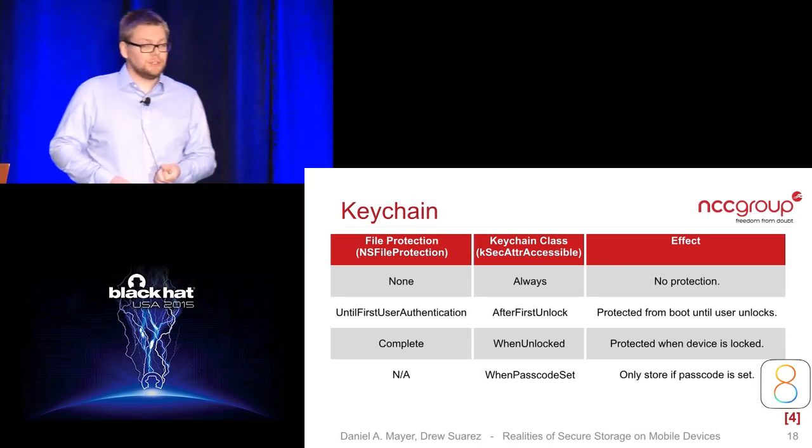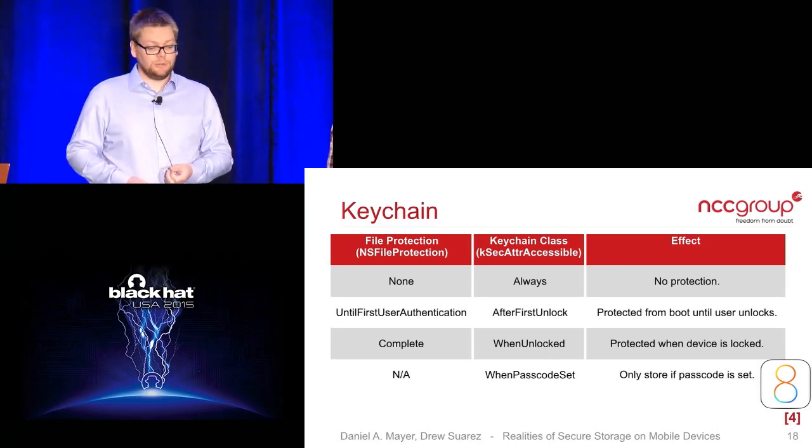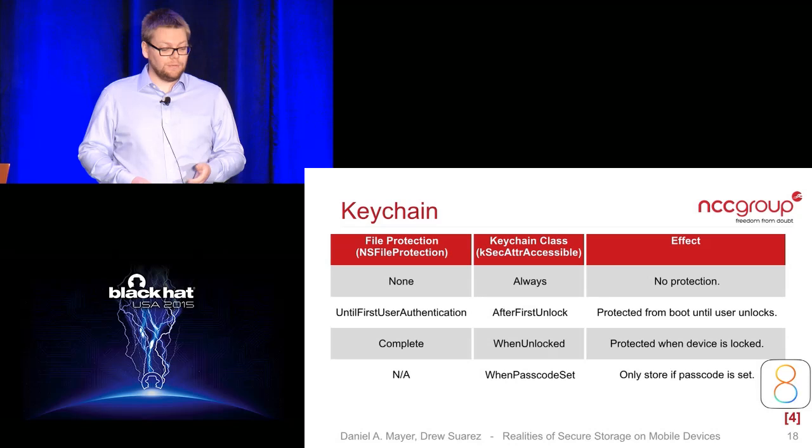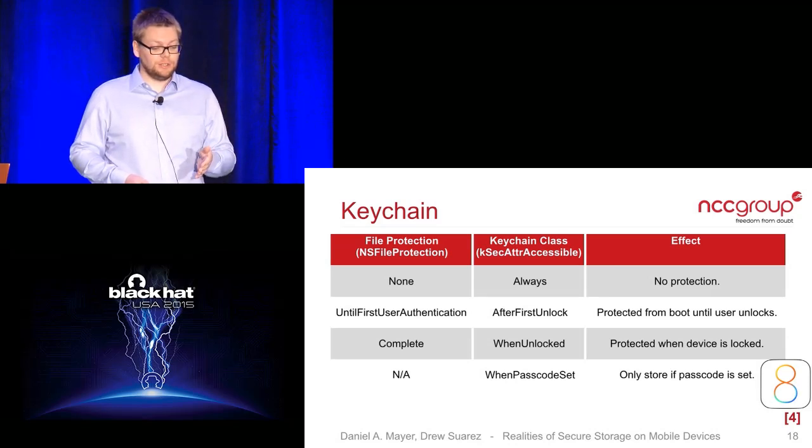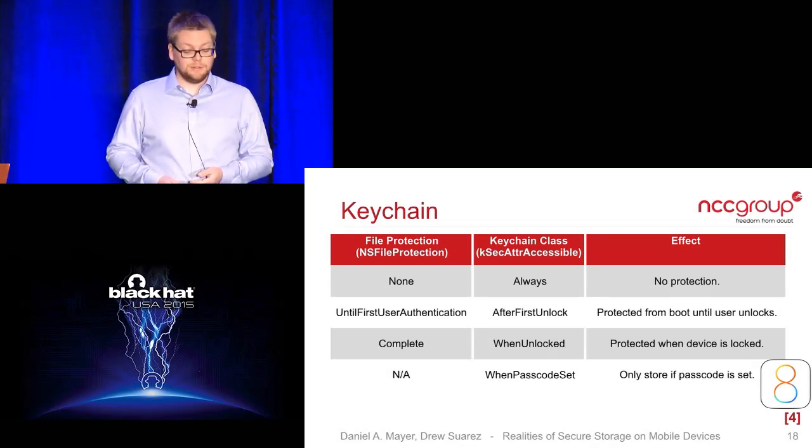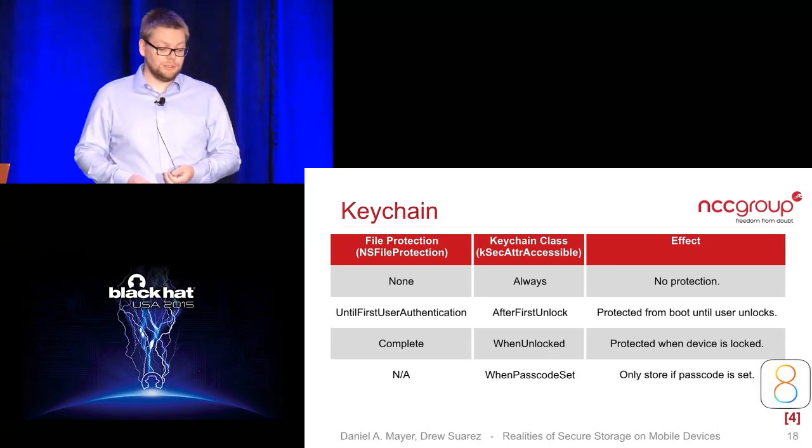So as I mentioned, the keychain protections are very similar to the ones we talked about for the file system. We have the none class, which is equivalent to keychain accessible always. Then we have after first unlock, which is the same as I talked about before, and then when unlocked. The only thing which is different is that since iOS 8, there is a new option here, which is called when